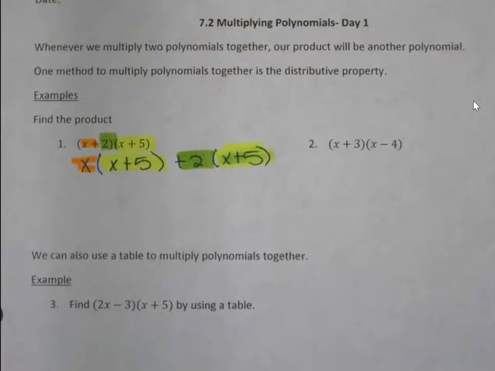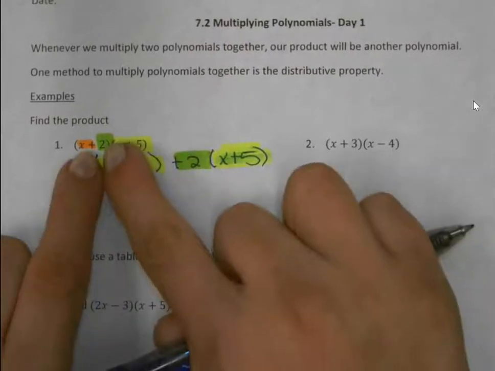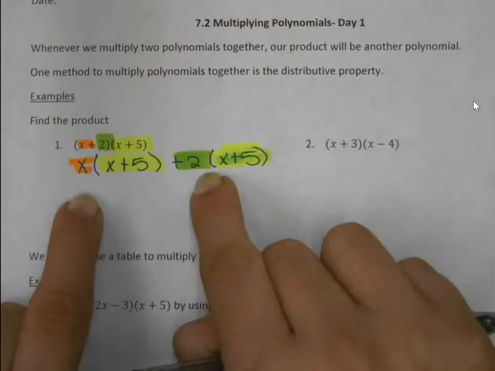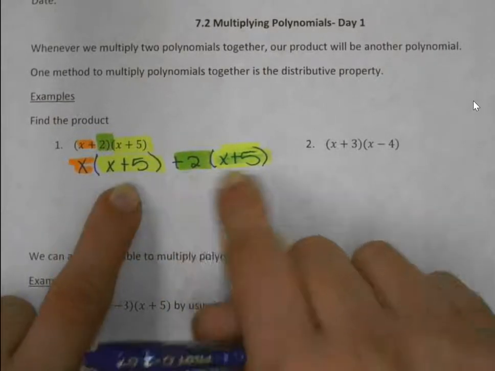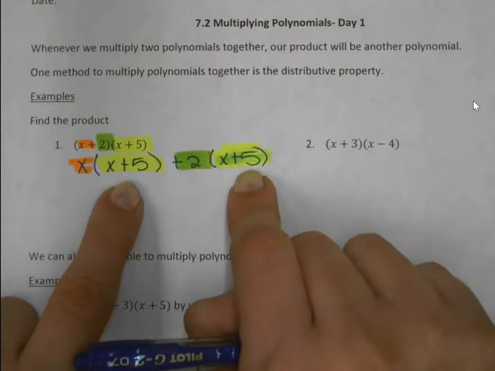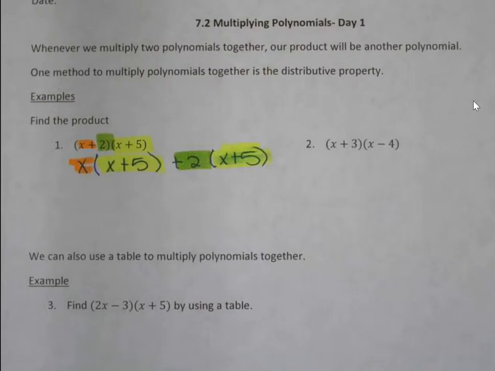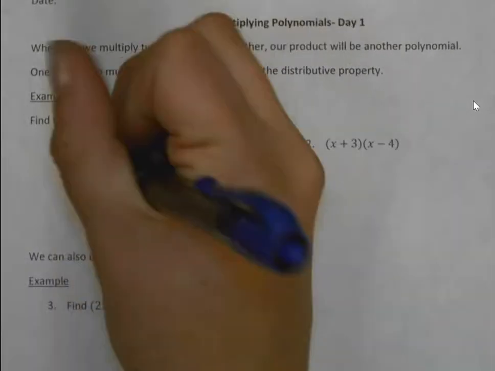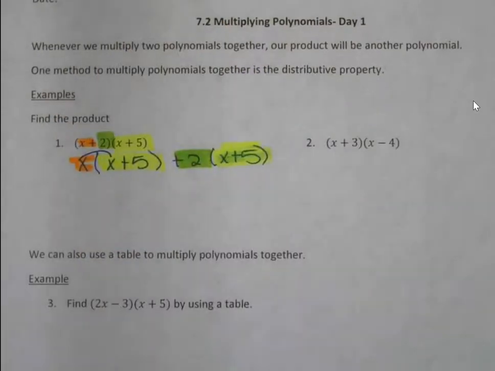Okay, so what I did is on the first set of parentheses, I split those up. And instead of having x plus 2 together, I split it up into 2 separate ones, and each of those is multiplied by the second set of parentheses. Okay, then what I'm going to do is I'm going to multiply in, so x times x is